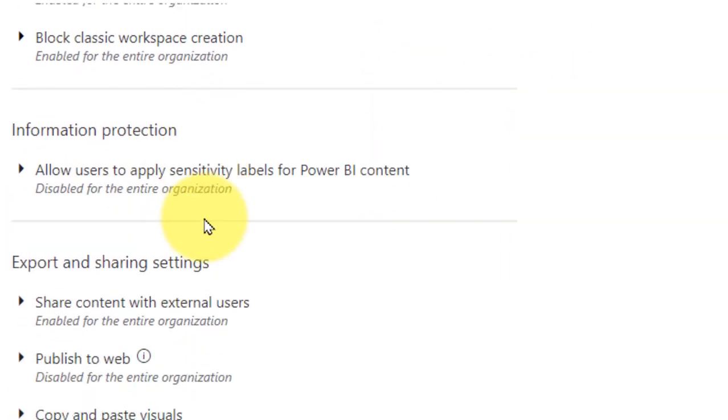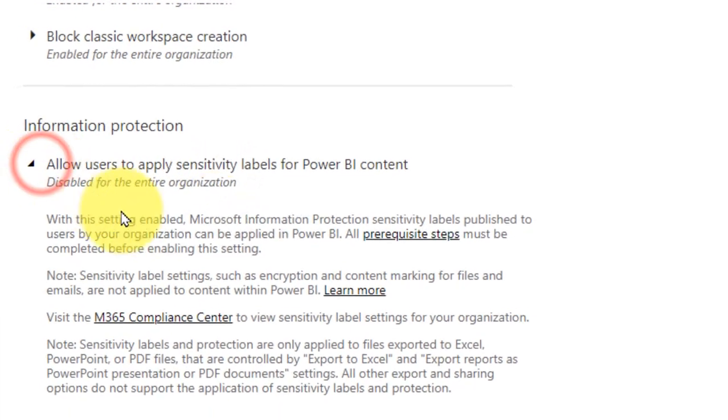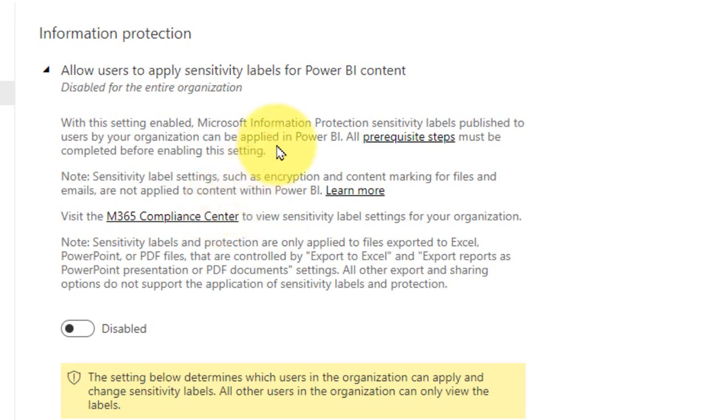And then information protection. Allow users to apply sensitivity labels for Power BI content. This is disabled for the entire organization. With this setting enabled, Microsoft Information Protection sensitivity labels published to users by the organization can be applied in Power BI. All prerequisite steps must be completed before enabling this.